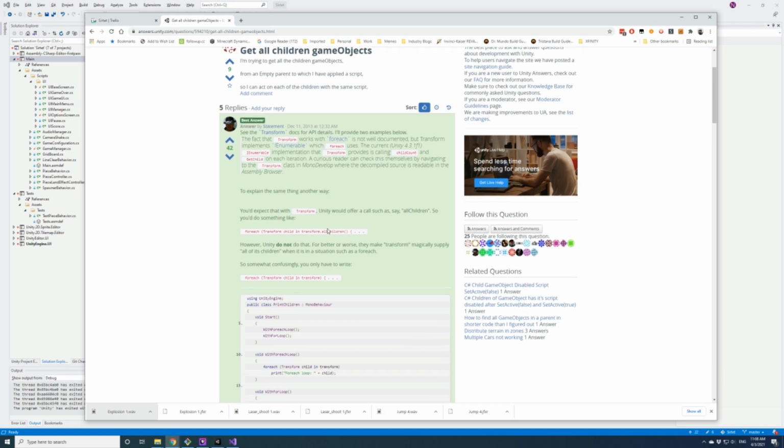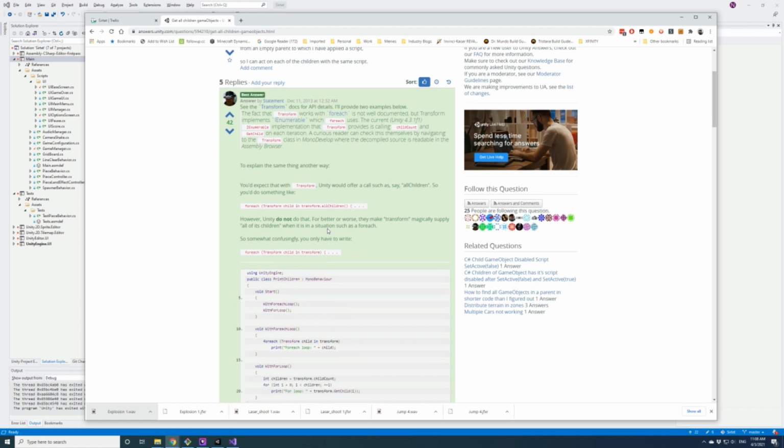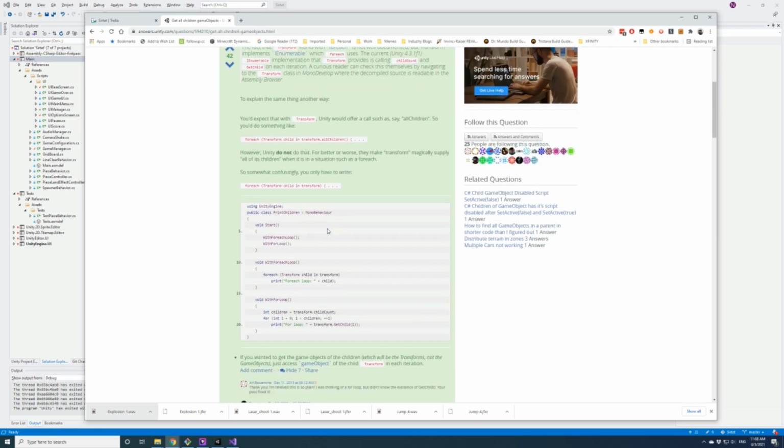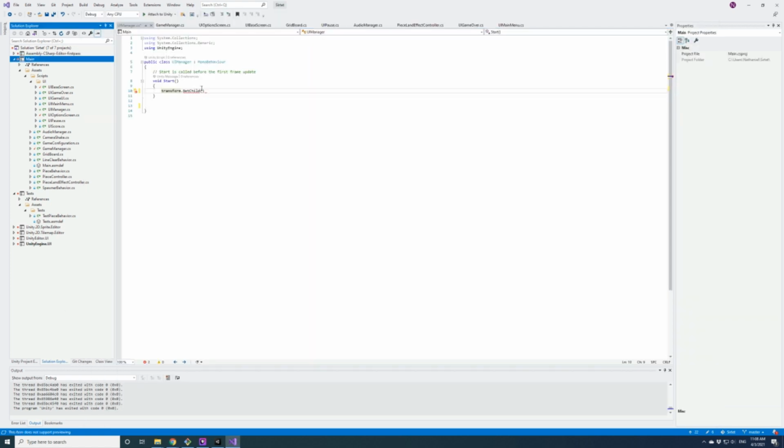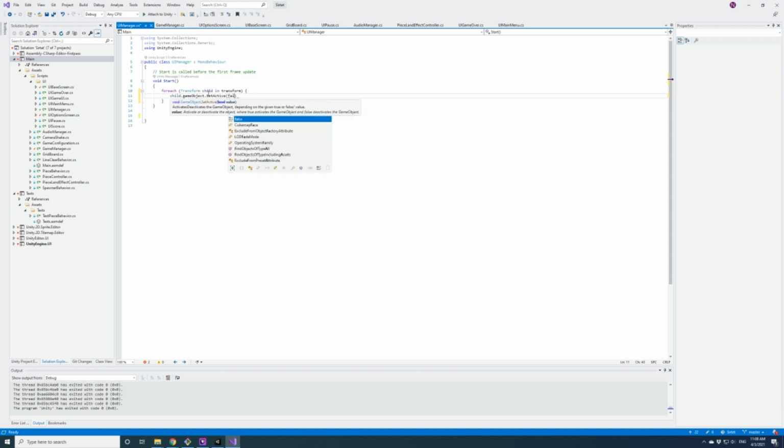So, interesting. So for each transform in transform, for each child in transform, child.gameObject.SetActive false.